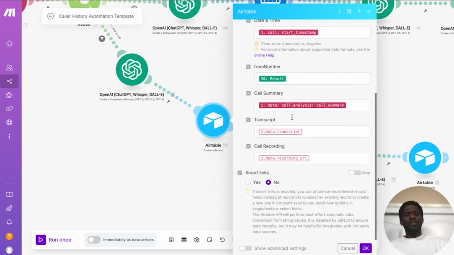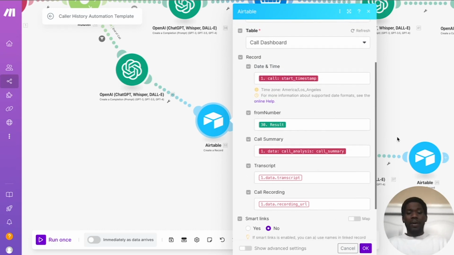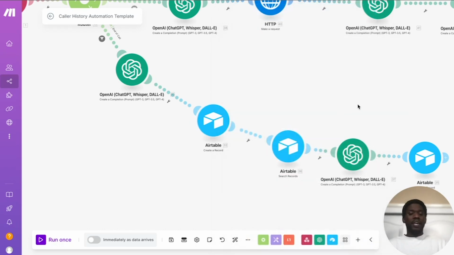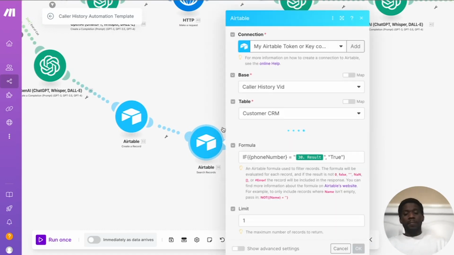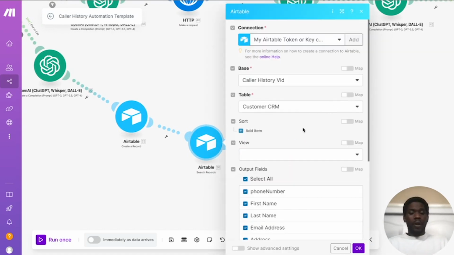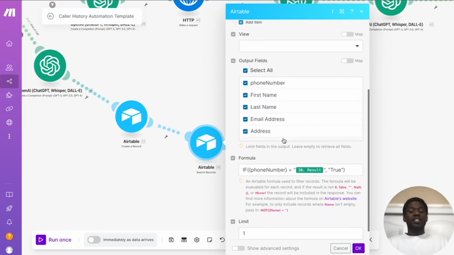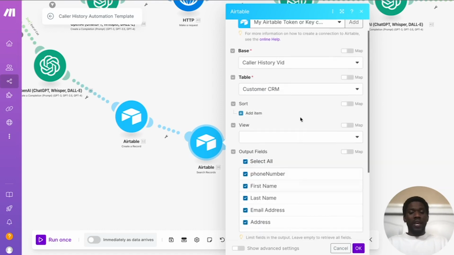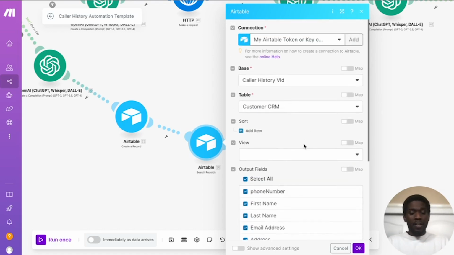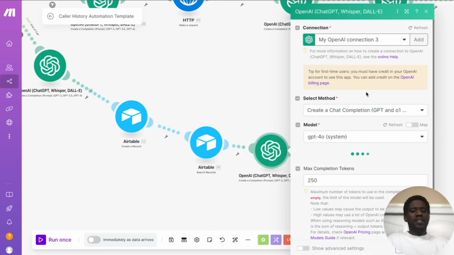Now, you might notice the call history update is not here. It's not going to be there because it happens later on in one of these steps. But what we do need to do is first search the records based off of the phone number that we formatted to find what is the current call history of the customer that we just had a conversation with. And after we find that call history, if they have one, and that's only if they are a returning customer. If they're a new customer, there won't be any call history. And it all feeds into this OpenAI step